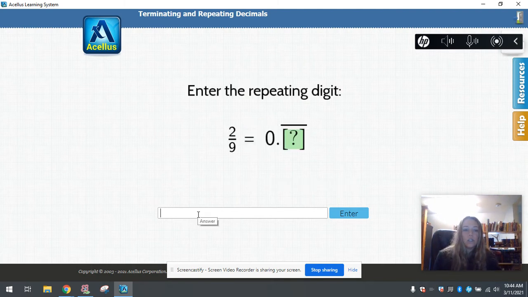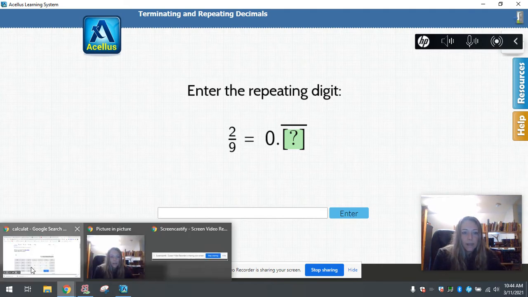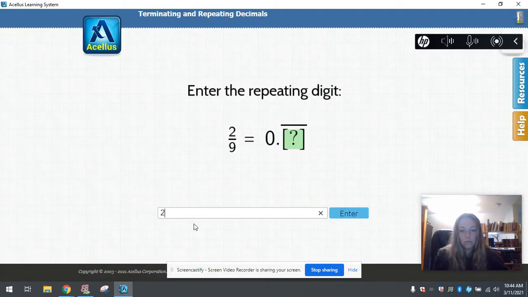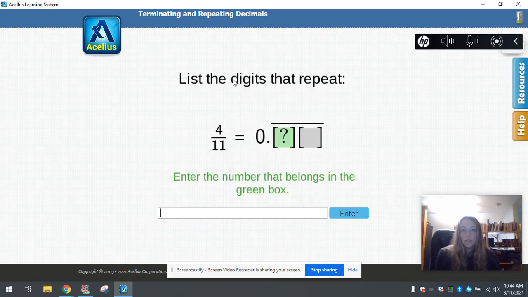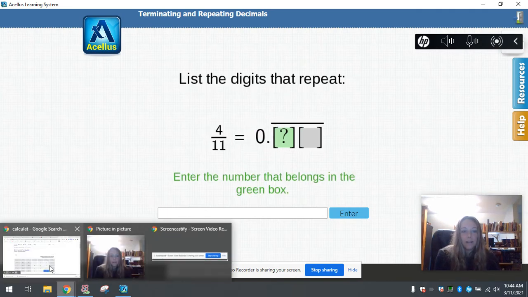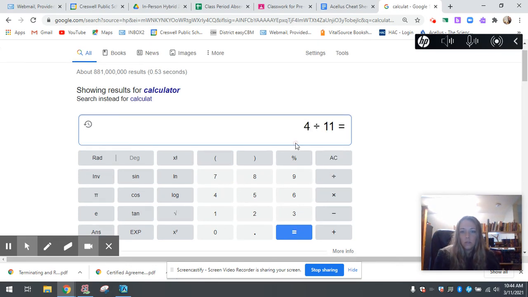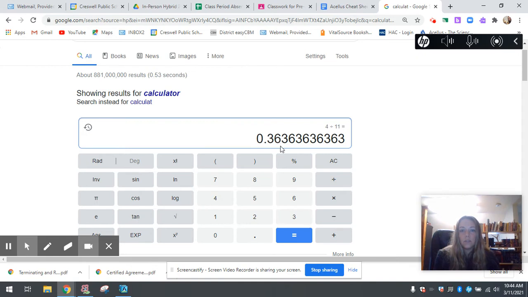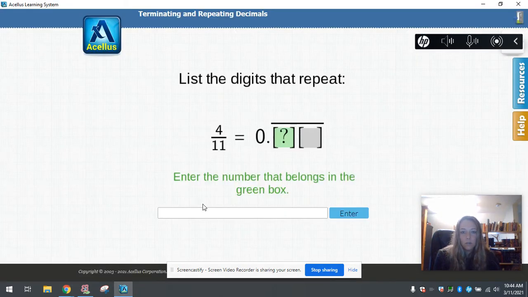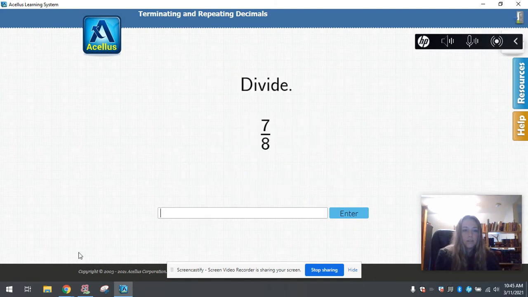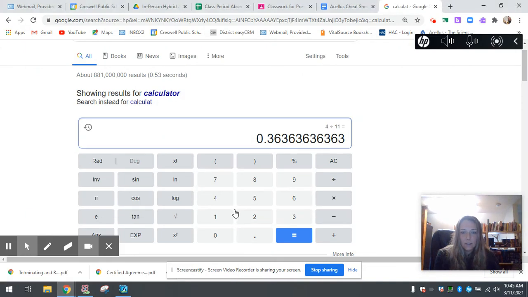Enter the repeating digit. 2 divided by 9. 2 divided by 9 equals 0.2222222. That's the digits that repeat. 4 divided by 11. 4 divided by 11 equals 0.36363636. 7 divided by 8. 7 divided by 8 equals